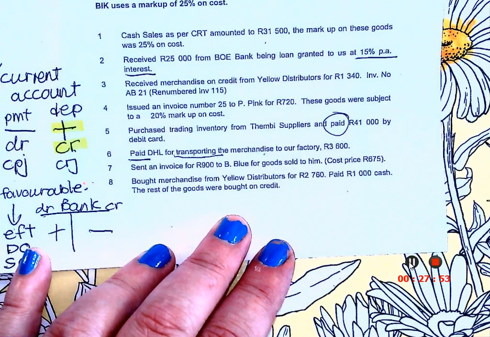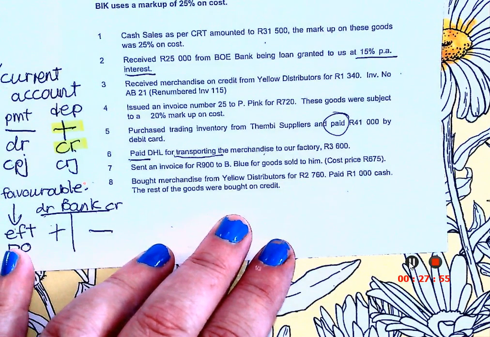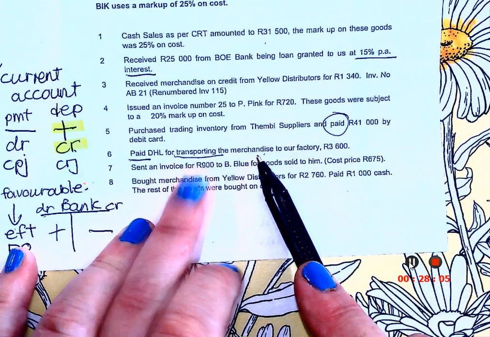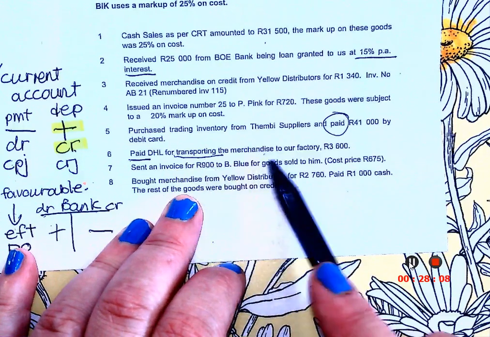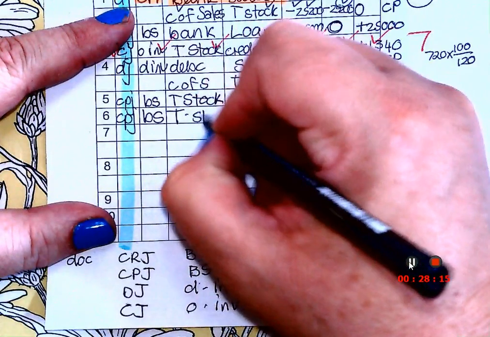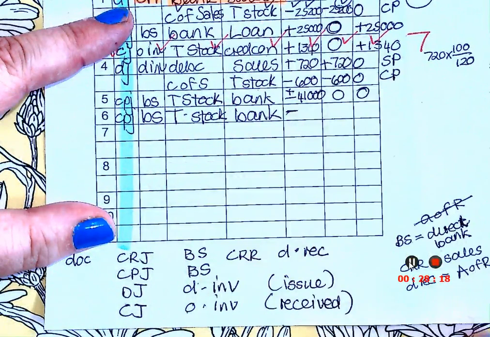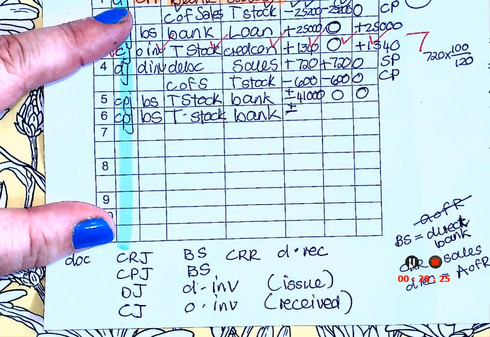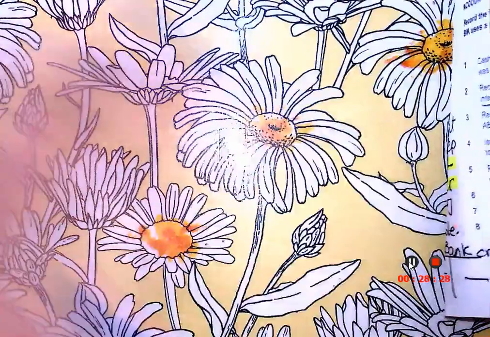So anything that loads the cost, I add to that which it loads. And what am I loading? Merchandise. So that transport cost is making the merchandise more expensive. And that is why I will say trading stock here, because it makes the trading stock's price more expensive. Trading stock and bank both assets, so it's going to be the same as number 5. And the price they give me is 3.6.